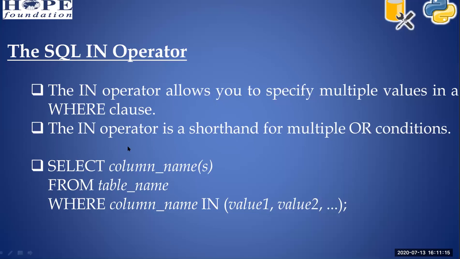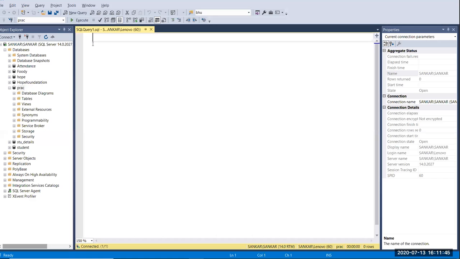Okay, so the IN operator syntax is SELECT column name FROM table WHERE which column you are going to use, and put here. Then after that you have to pass IN, and after that inside the parenthesis you can give what list of values you want to pass here, with the help of commas, right? So let's see. And here I'm going to use the customer table. Okay, so we already know what are the fields in the customer table, right?